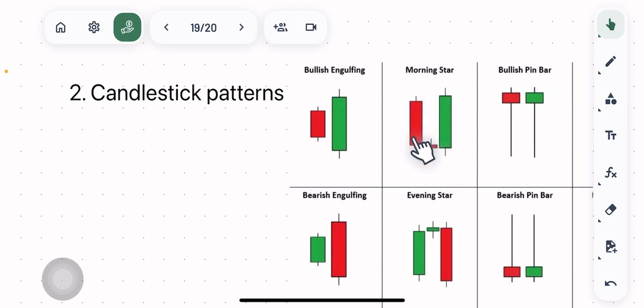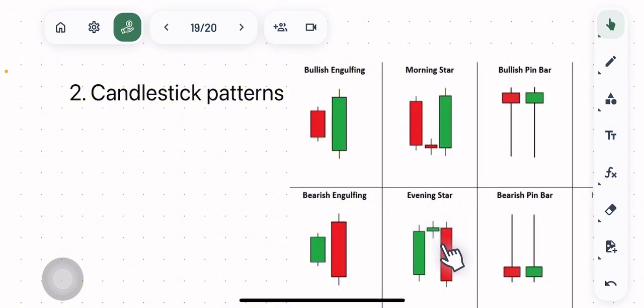We have a bearish candle, a doji candle, or a pin bar, and then you have a strong bullish candle, right? This is what we call morning star. The opposite is the evening star. So when price is in the downtrend and you see the morning star, you know that price wants to reverse to an uptrend. When it is in an uptrend and you see an evening star, you know that it wants to reverse to